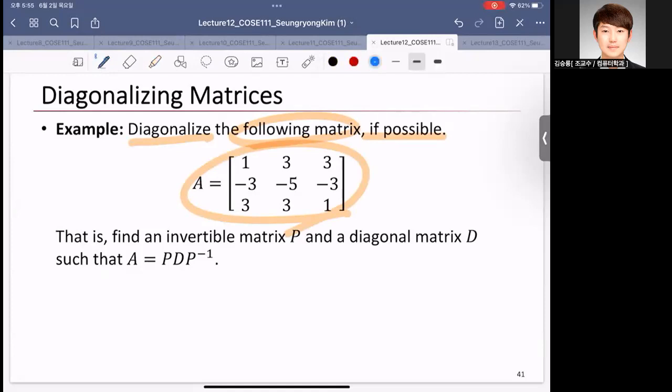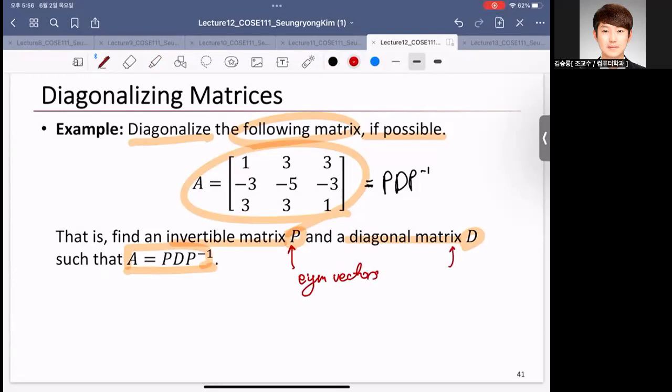So it means that you want to decompose your matrix A as P D P inverse, right? If possible, right? In other words, find an invertible matrix P and diagonal matrix D such that it looks like this. In other words, the question was finding eigenvectors